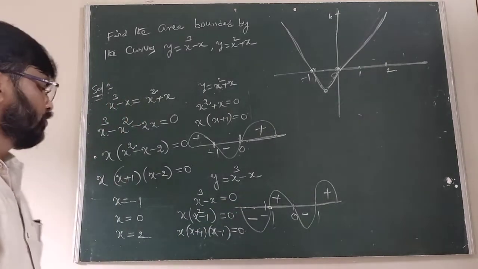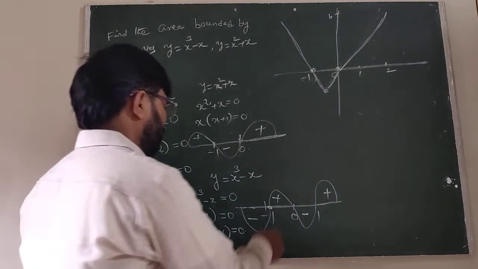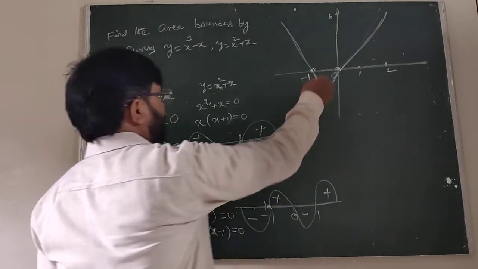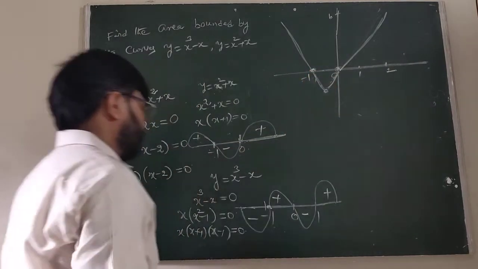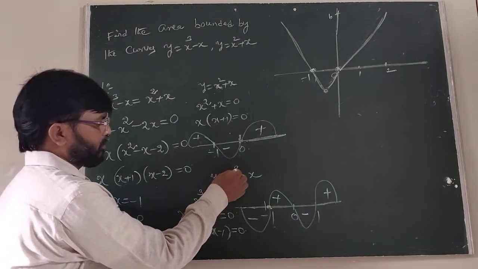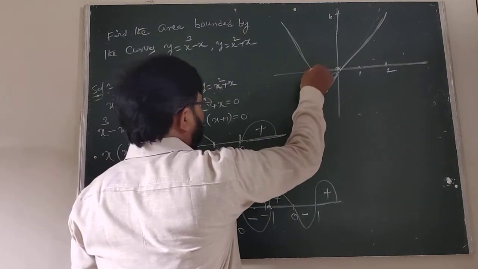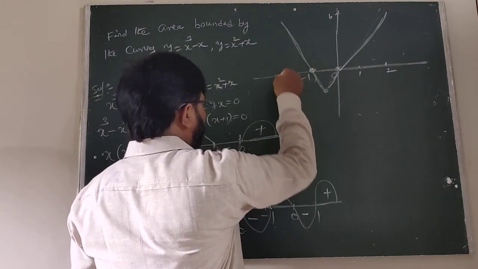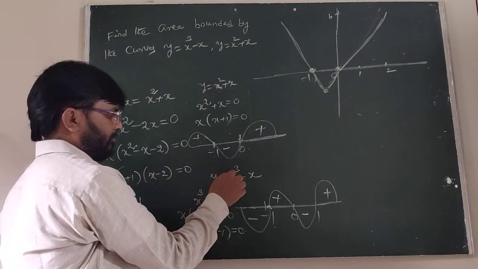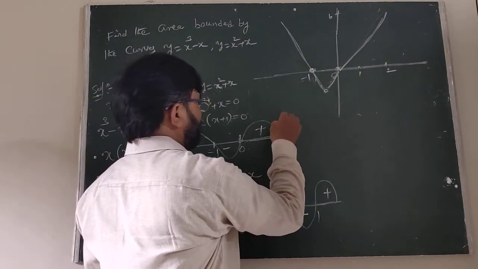Suppose we are taking below, dear students, we can observe here, when we are taking the minus 1, therefore we are substituting minus 1. This is minus 1 cube is minus 1, and minus of minus, plus 1, we got 1. Suppose in between you are taking minus 2. Minus 2 whole cube is minus 8, minus of minus is plus 2. We got minus 6. The graph is like this.